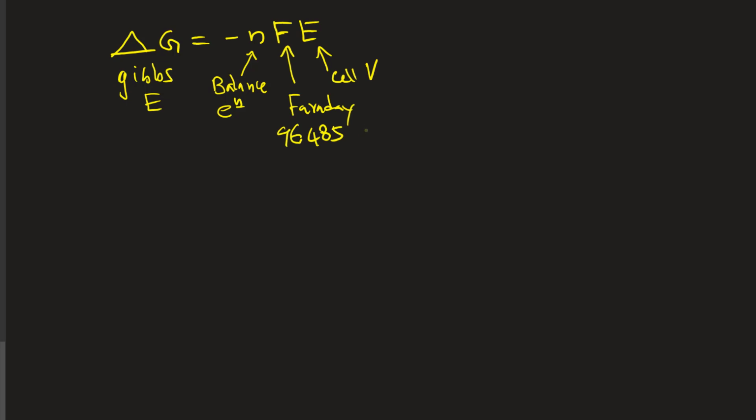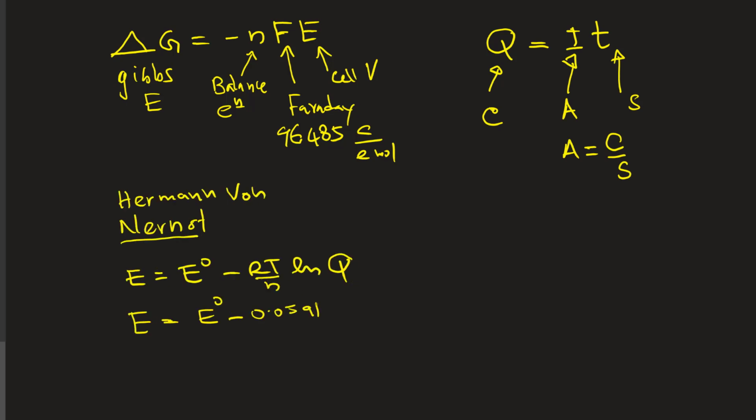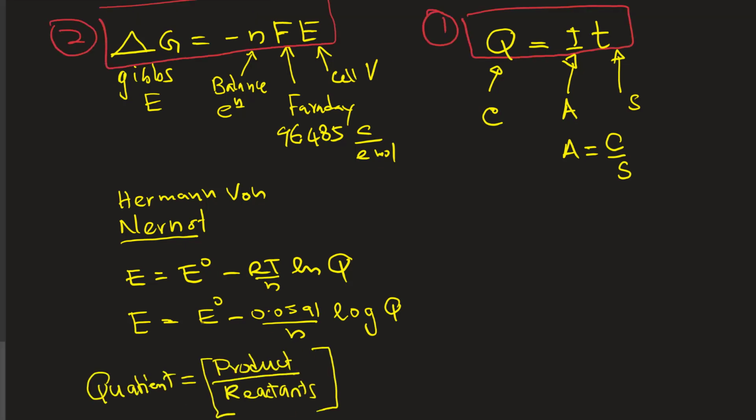Okay. Now there are 3 equations we need to know later on. So delta G is minus nFE, that's the Faraday and the cell potential. And there's another one, Q is It, that's the coulombs, amperes times seconds. And the other one